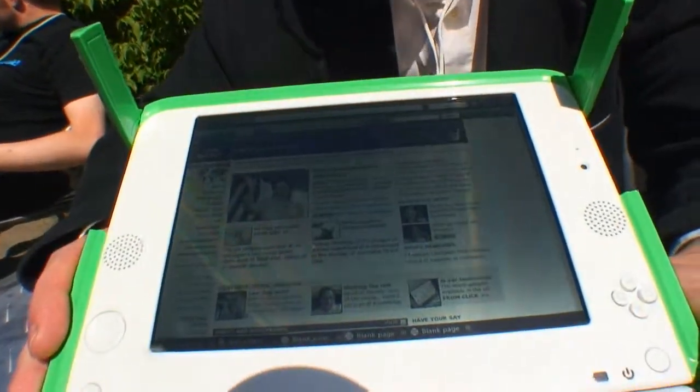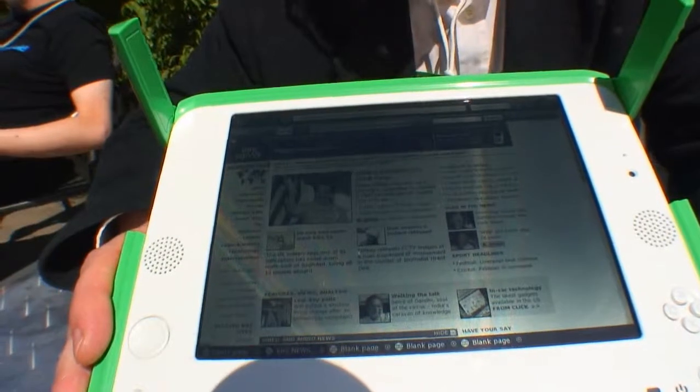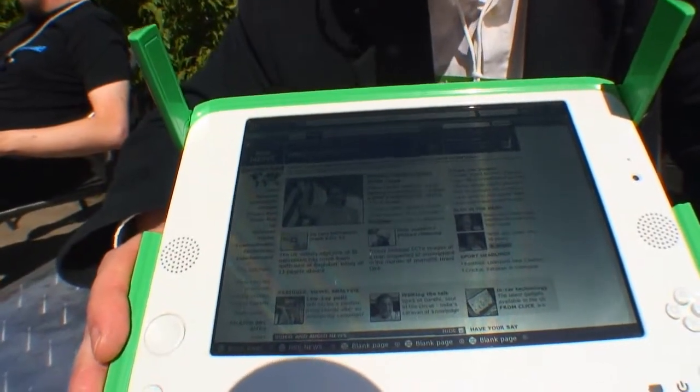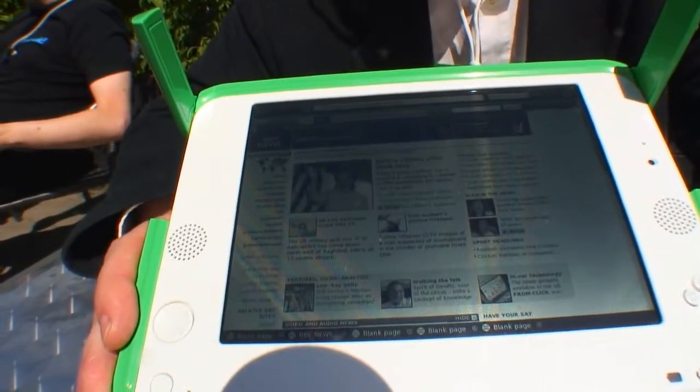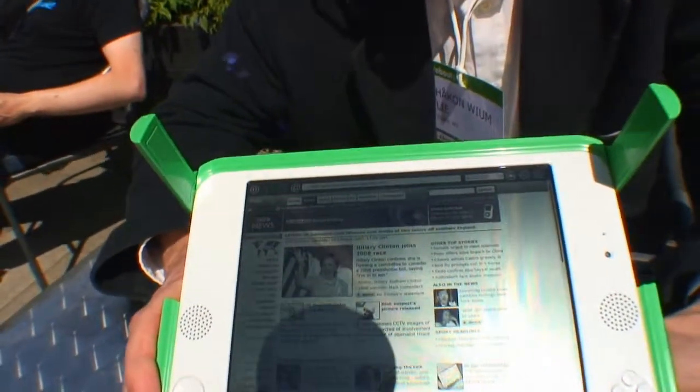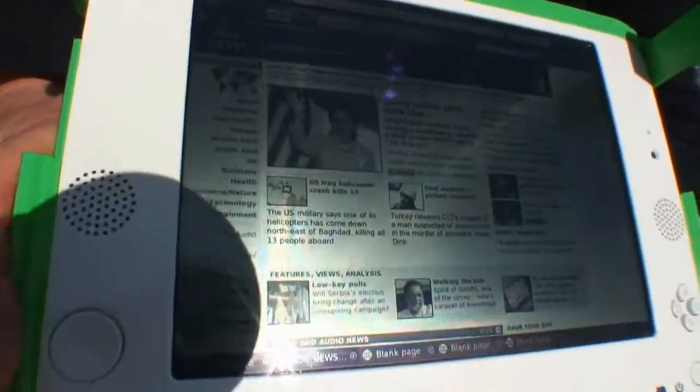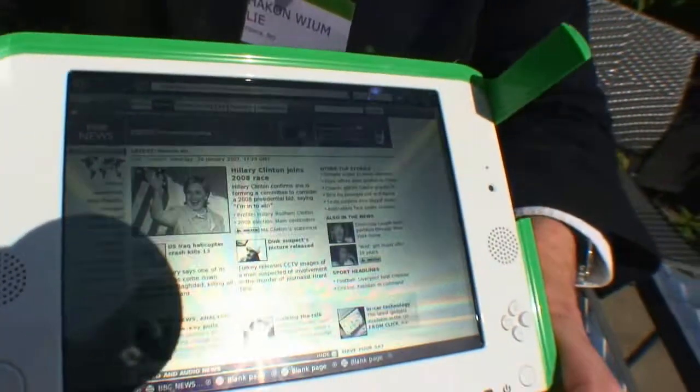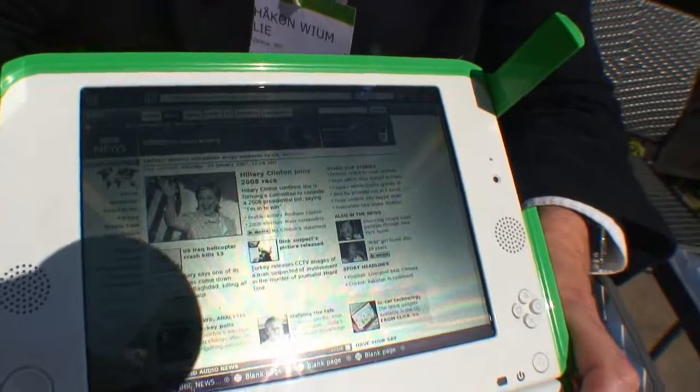A lot of people want to touch it. And I understand them. It's got a nice feeling to it. It's a wonderful little machine. It's the right kind of thinking. We don't need faster, bigger, more noisy hardware. We need machines that work, that are cheap. And this is great in the sun. And works great in the sun.